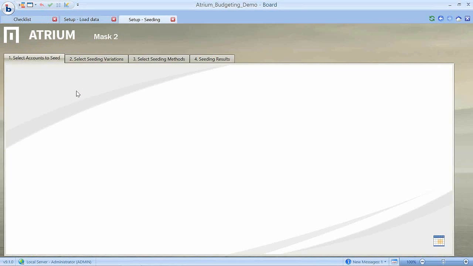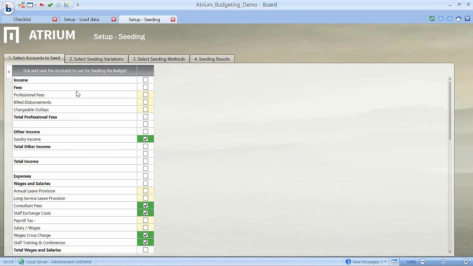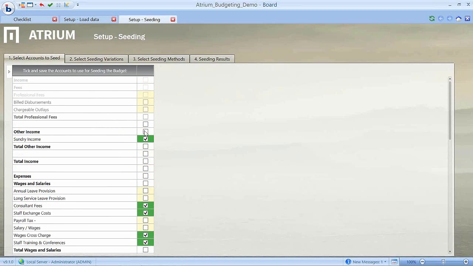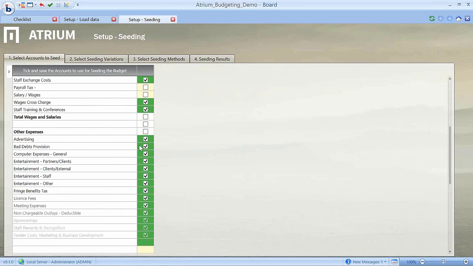Next step is I'll probably want to start off my budget by seeding it from these actual data. Unless you're doing zero-based budgeting where you're starting with a complete blank slate, you want to provide the users with the closest set of numbers that you can at minimum amount of effort. Okay, so what I can do is go through here and tick the accounts that I want to transfer across from my actuals into my budget. Having done that,